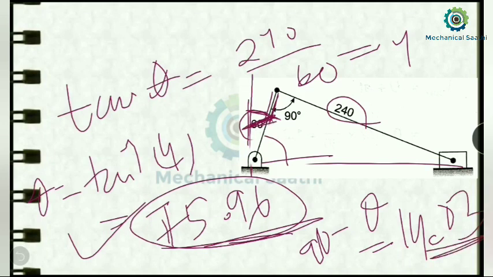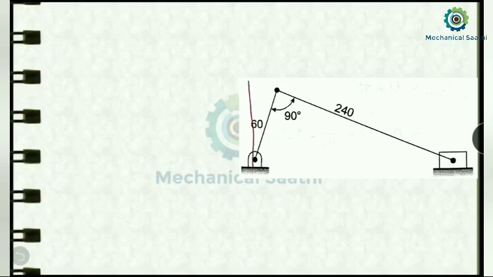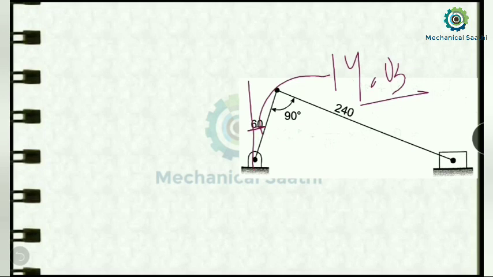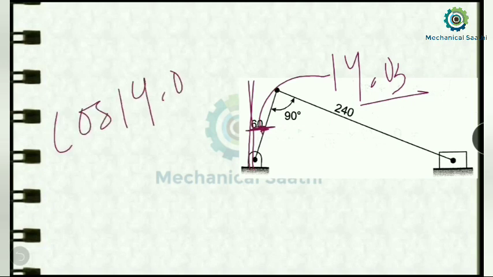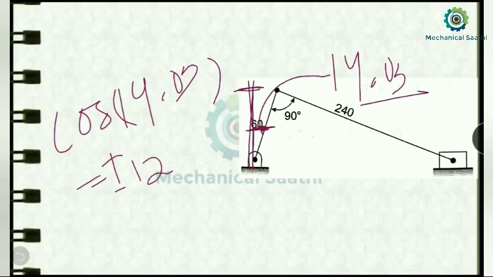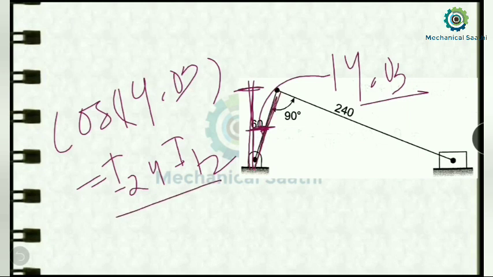So this angle will be getting as 14.03. So now we have calculated this angle, that is 14.03. Now we can take the cos value. Okay, so we can take cos of 14.03, then we'll be writing it as base. So this height will be equal to 24 and 12, divided by this distance, that is given as 60.